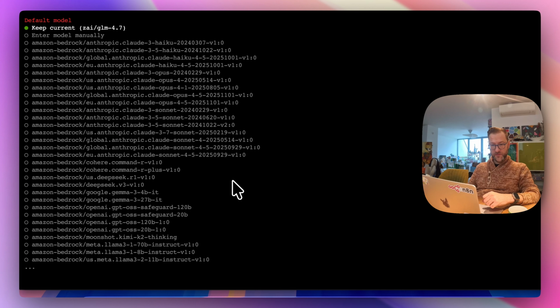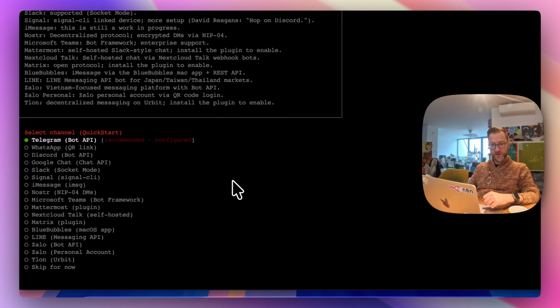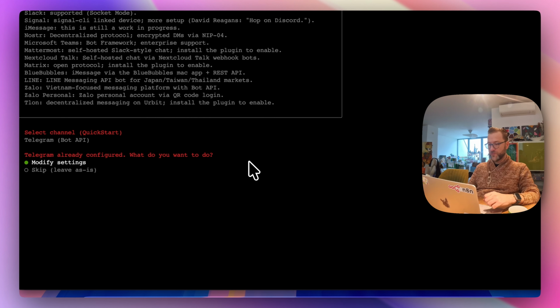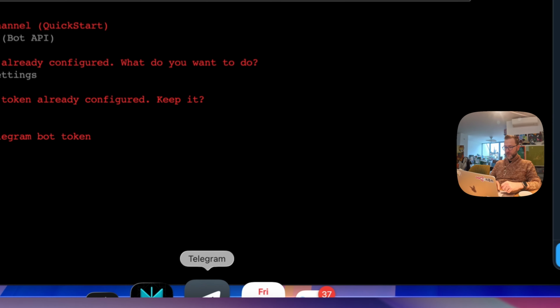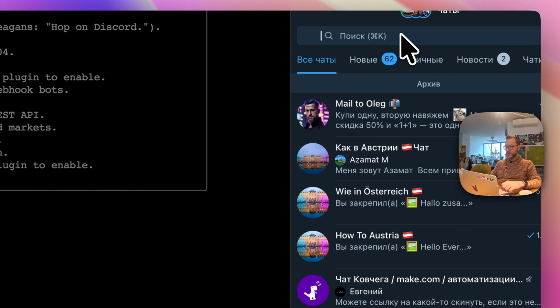Okay, I will keep all the providers, keep it like that. And right now I need to connect my Telegram bot. You can also go with some other messengers, but it's so cool to have this option to talk to your bot through your messenger. I'm gonna use it as it is. I need to modify these settings because I will get another token here. So what you need to do here, you need to go to BotFather,